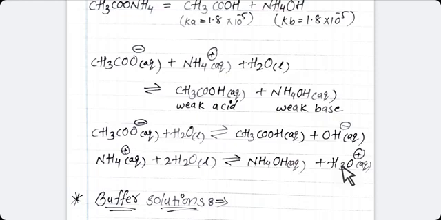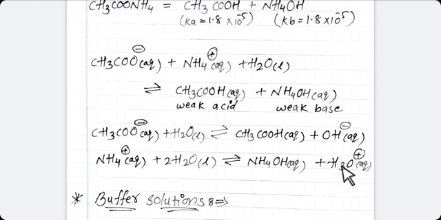So these are the three types of salt. The first type is salt of weak acid and weak base for which Ka is greater than Kb. The second type is salt of weak acid and weak base for which Ka is lower than Kb. The last type of salt is weak acid and weak base for which Ka is equal to Kb. I hope you all understand these types of salt according to Ka and Kb value.